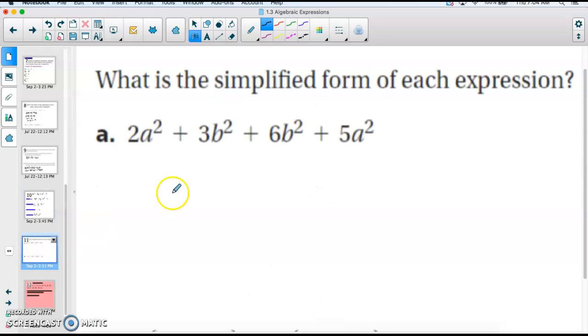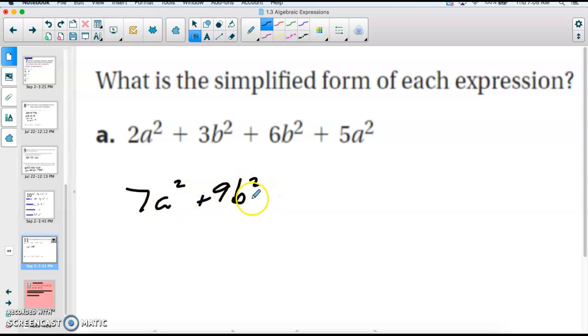Okay, last one. Let's see if we can fit it in real quick. We need to combine like terms here, right? So 2a squared and 5a squared, we can combine that into 7a squared. And also 3b squared plus 6b squared is 9b squared. Treat these just like apples or bananas, you know, it'll